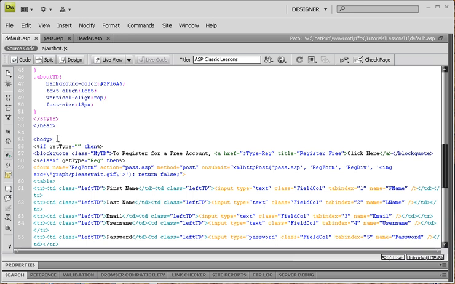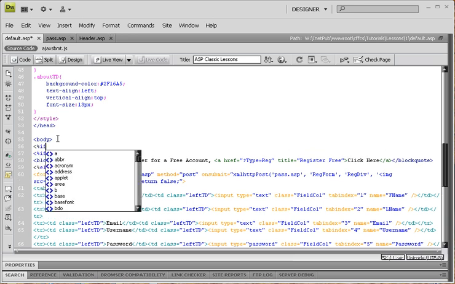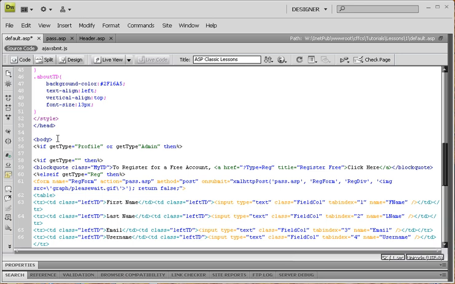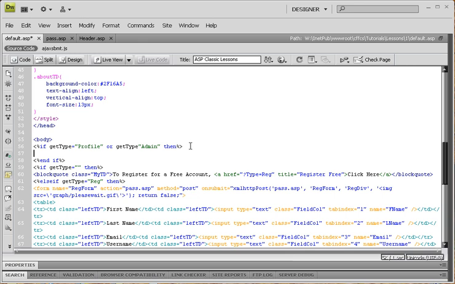Okay, first thing we want to do is check for profile or admin, and if. Okay, this is going to be put at the top of the profile and the admin page, which